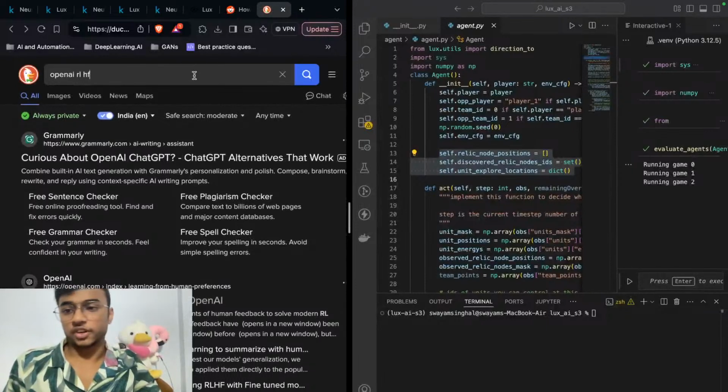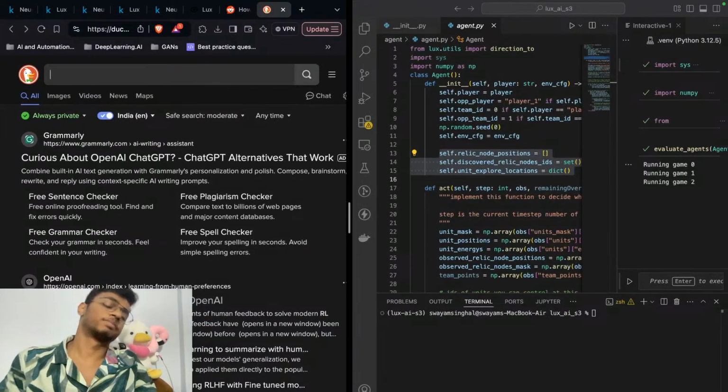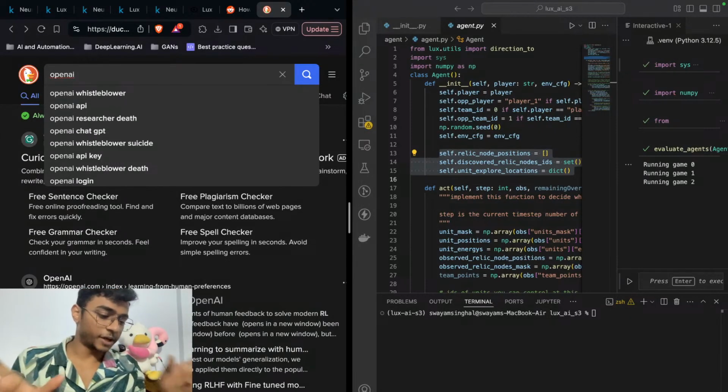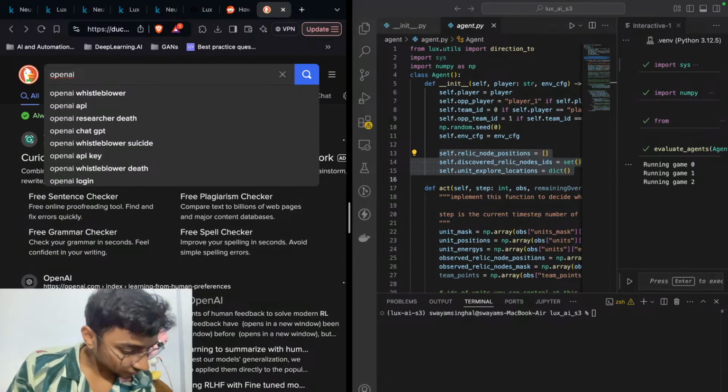For example, if you're working on a product, you can build a front end where you have two answers at the same time, just as GPT used to have in the initial stages, and then your subscribers can select